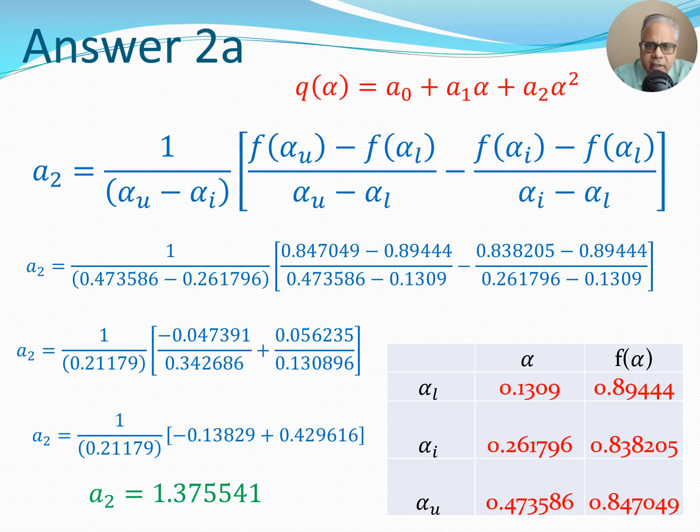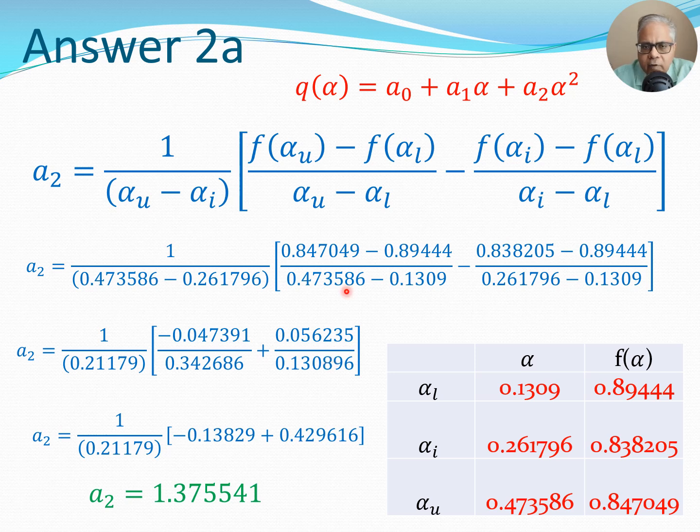So let us now apply these particular formulas to the given problem. Like I mentioned before, I have the 3 points given here, and I have the function values for these 3 points. So let's start with calculating a2. I use this formula here. I plug in all the numbers from this table, and then after some simplification which I have done using my calculator, I obtain the value a2 is